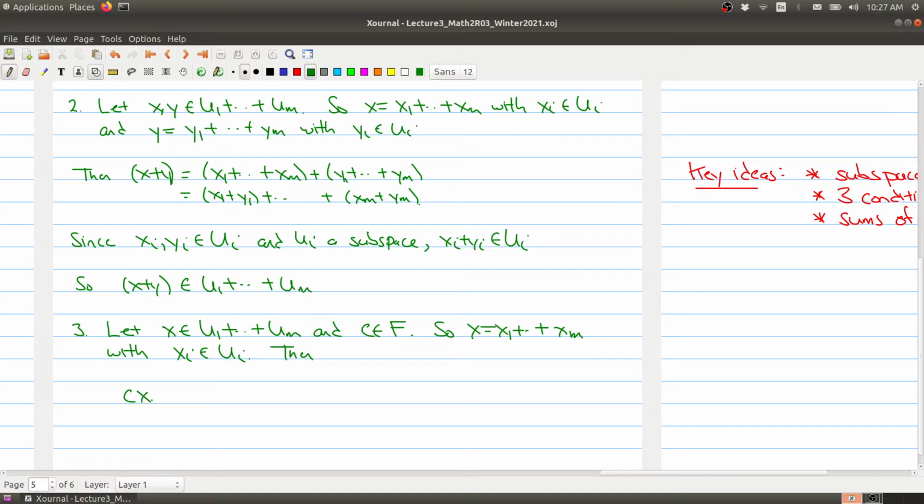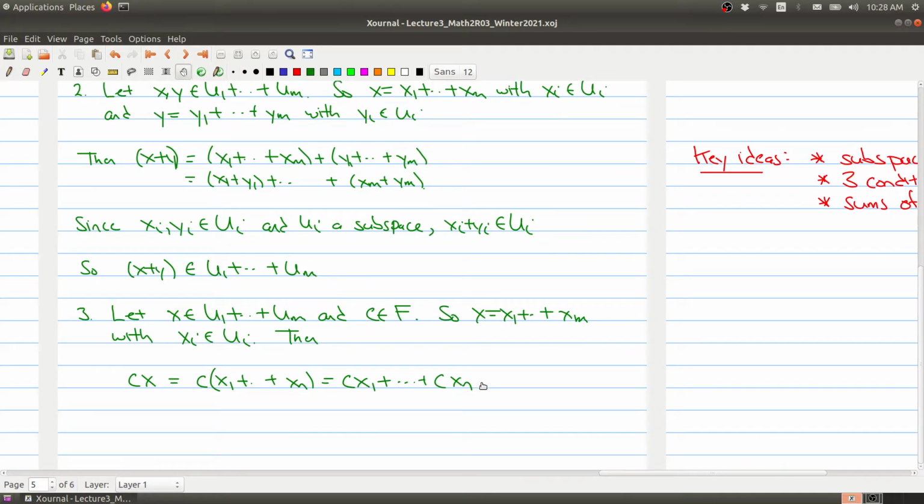Then if I take c times x, that by definition is equal to c times x1 up to xm, and by the distributive property of a vector space, this is equal to cx1 up to cxm. And this element is inside of U1 up to UM,